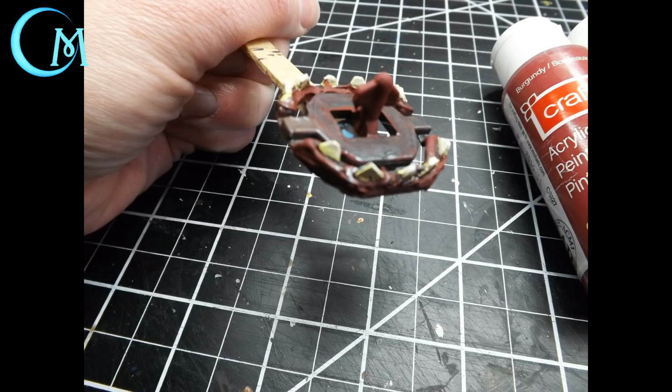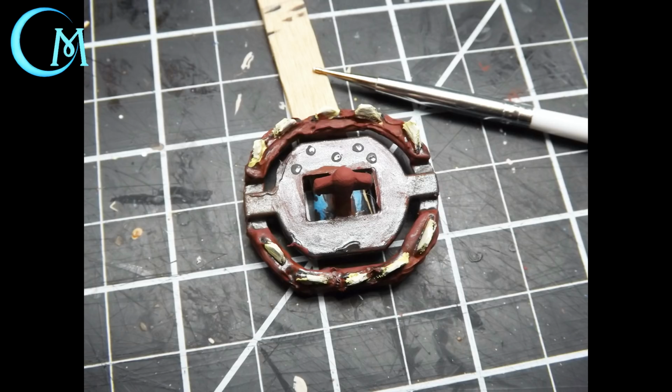You want to make sure it's a very light touch. You're not going to be heavy-handed with this. It's basically there to bring out the details that are on the gums, the teeth, as well as that tongue in the center. Eye placement is totally up to you, but I decided to do these 5 beady little eyes